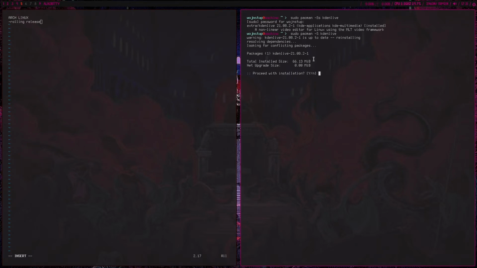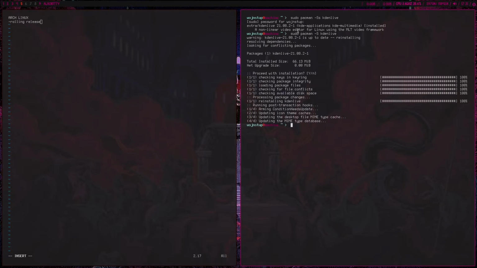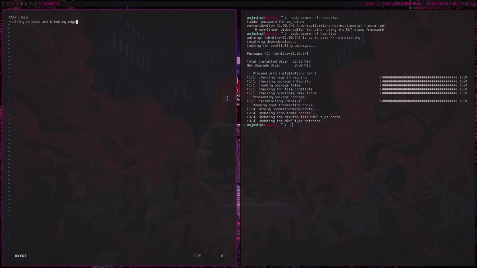And I already have Kdenlive installed, so the installation process is really simple and quick. But why does rolling release matter, and what does rolling release mean? Rolling release and bleeding edge are kind of tied together, because when something is rolling release, it has only one version, and unlike Debian, which